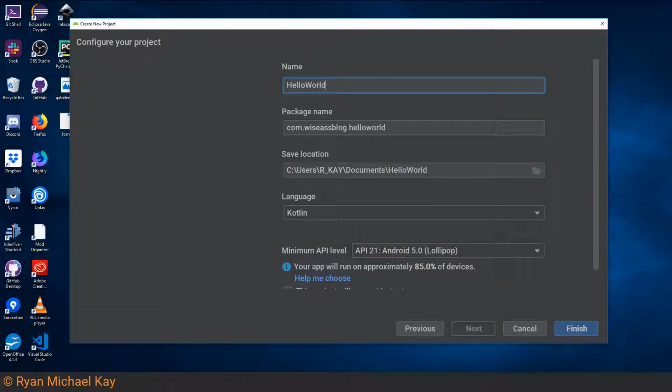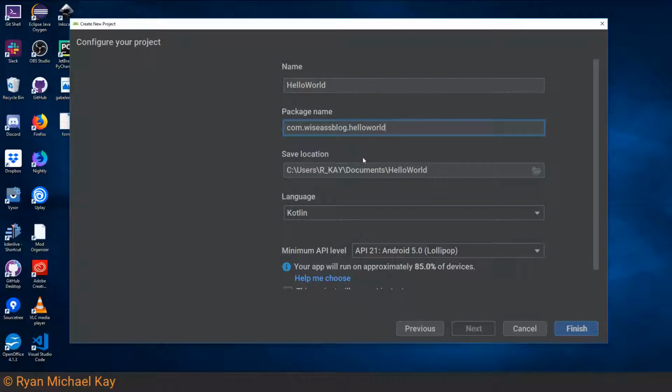We'll talk about this more later on, but basically, whatever package name you upload an application to, say, Google Play, you will need to keep that package name the same if you want to continue to update that particular project. So the package name is pretty important, and one of its primary purposes is to provide a unique identifier for your application. The save location is, of course, the directory in which the project